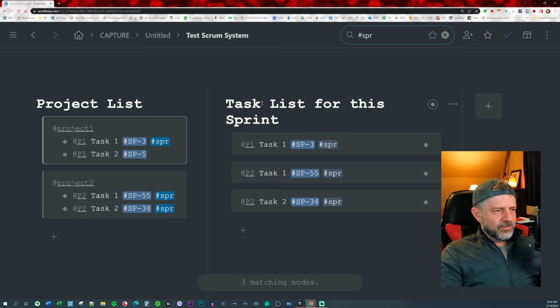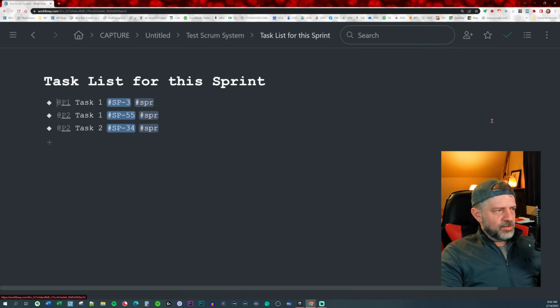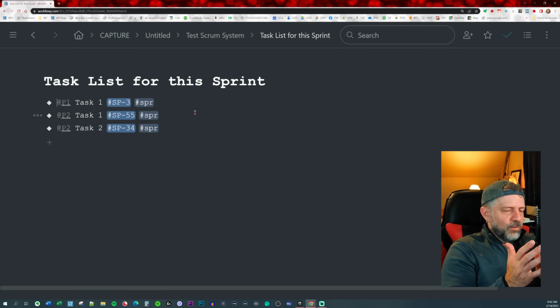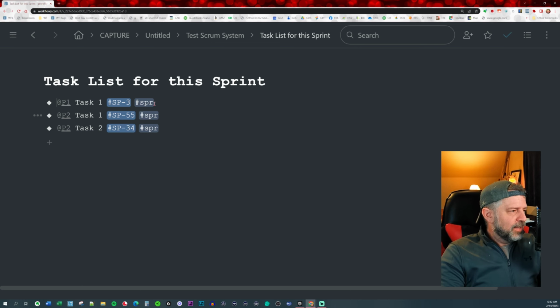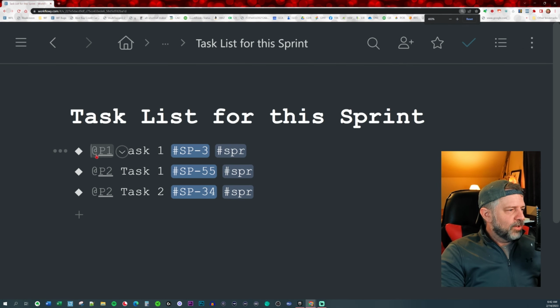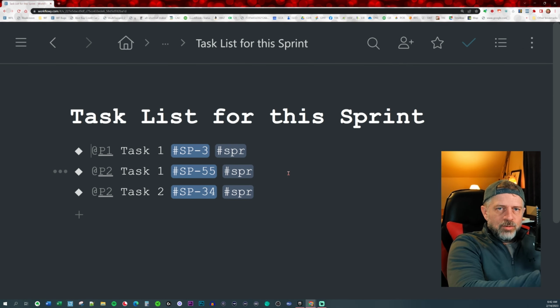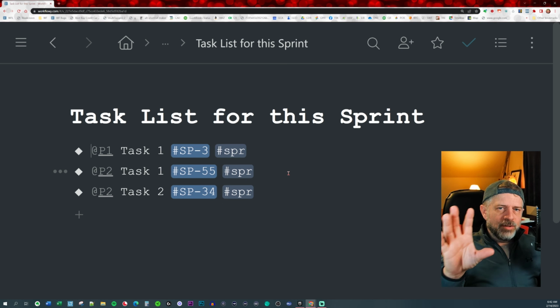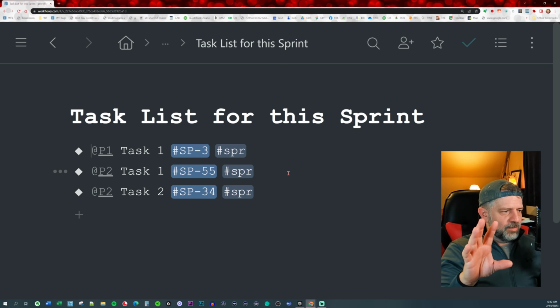So here I have the task list for this sprint. So I can just zoom in on that. And during the sprint, when I'm deciding what to do that's in this sprint, that isolates just the things that are in this sprint. And now you can see why I added project 1 and project 2 to the individual nodes. So once I've moved them out of their project, you could see what it is that you're working on